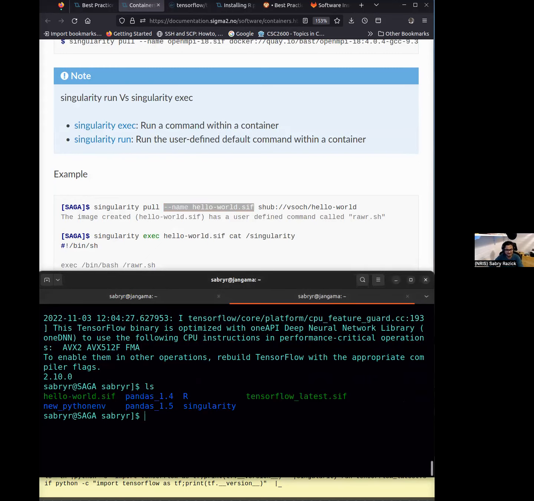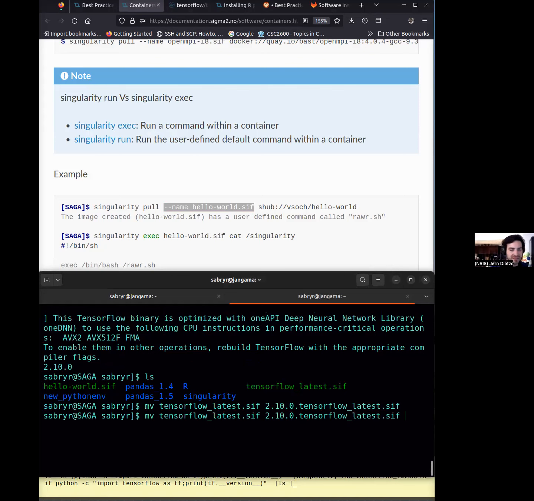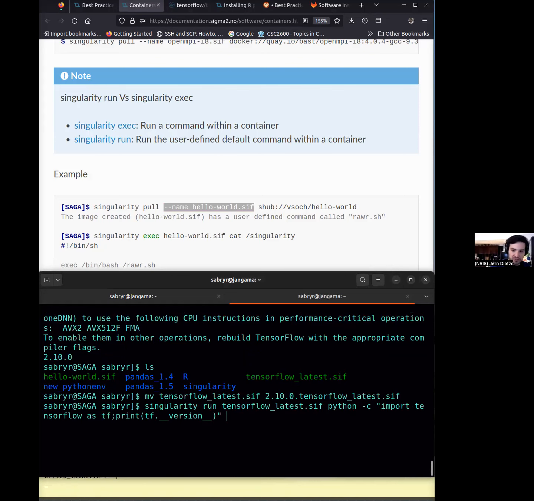So these are self-contained binaries. You can move it, rename it, take it somewhere else. You can download it on your laptop and bring it to Saga. I mean, this is movable. This is a big advantage of containers. You can try them out on your computer. You can build them on your computer or try them and then move them to Saga, and they should work.